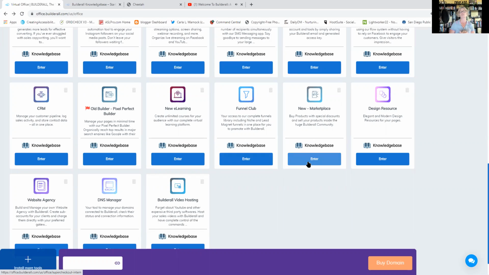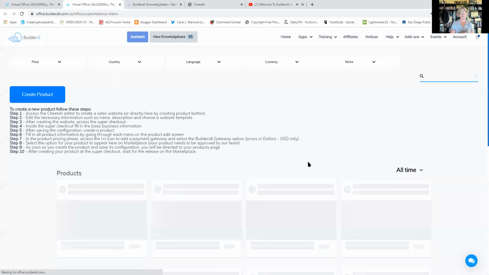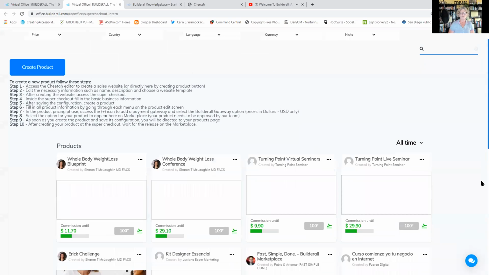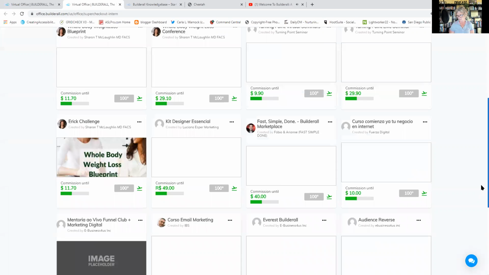The marketplace is a new feature in Builderall. It's another one of the ways that you can monetize Builderall. I'm going to jump in here just briefly because it needs a little closer look. You can sell on Builderall yourself by setting up products in your super checkout. I'm going to talk about that in a minute. Or selling here on the marketplace. Or you can be an affiliate for people who have products on the marketplace. I'm going to just give it a minute to load. It's a little bit slow and I'm not sure why, but